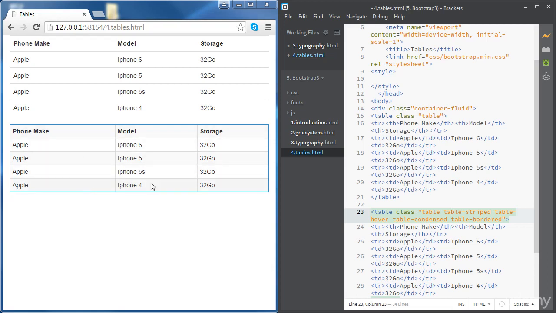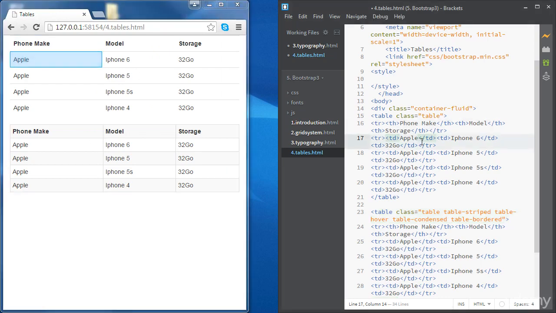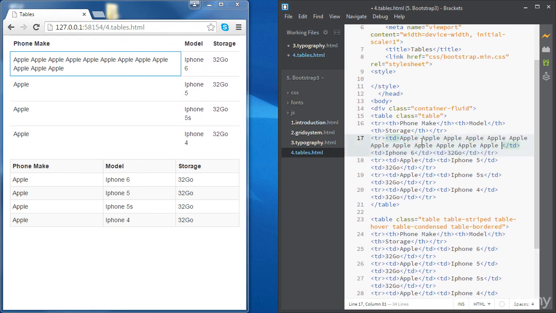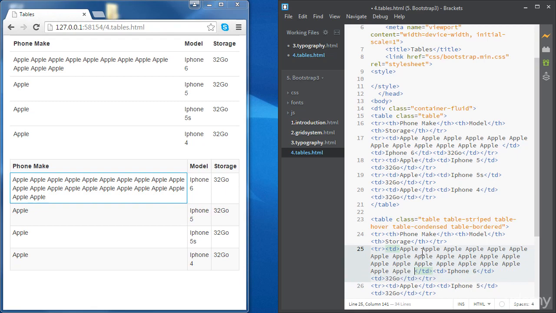So now let's have a look at the responsiveness of tables when we make the width of our viewport smaller. In order to see that clearly, we need a cell with too much content in it. So for example, let's have this cell and add more text in it. Let's do the same thing for this one. Okay. So if we decrease the width of the viewport,